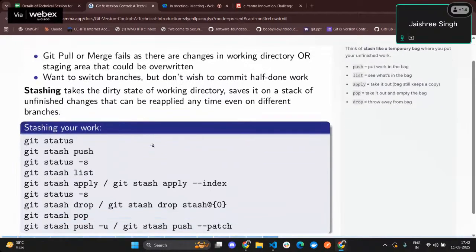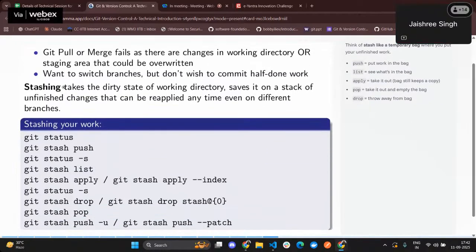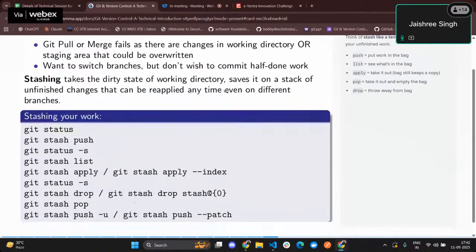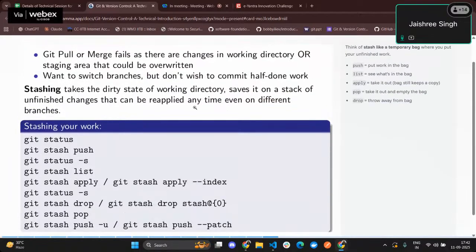So let's say the definition for stash: it takes the dirty state of the working directory and saves it on a stack of unfinished changes that can be reapplied anytime, even on different branches. So that's the whole definition. How are we going to do the stashing? With git status, it's going to show me the history of my